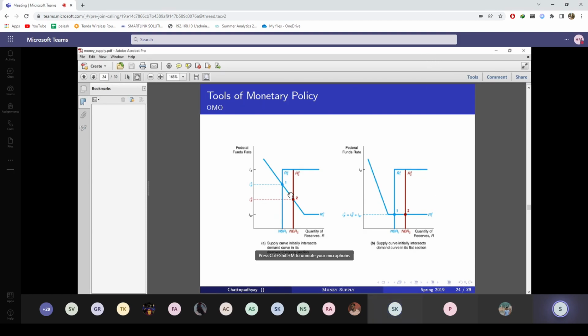ये जो पैनल A तुम देख रहे हो, open market operation has taken place. Central bank purchased bond from the commercial bank. As usual, the high powered money has increased because the reserves have increased and money supply has increased. The panel A says when the reserves rise,